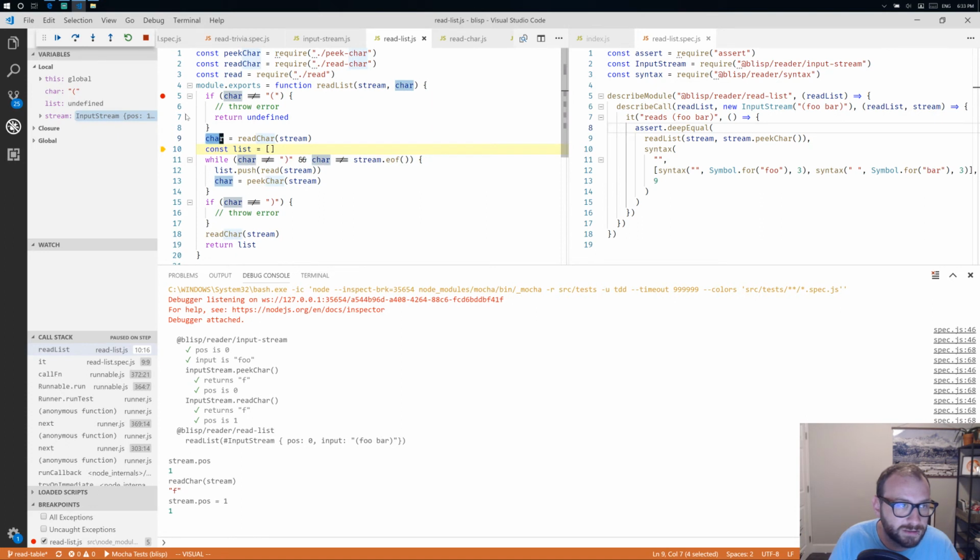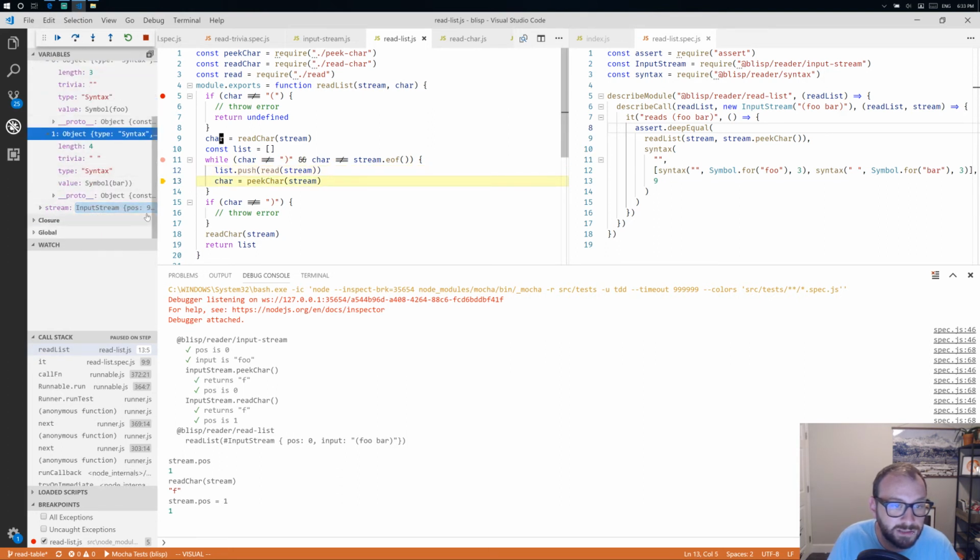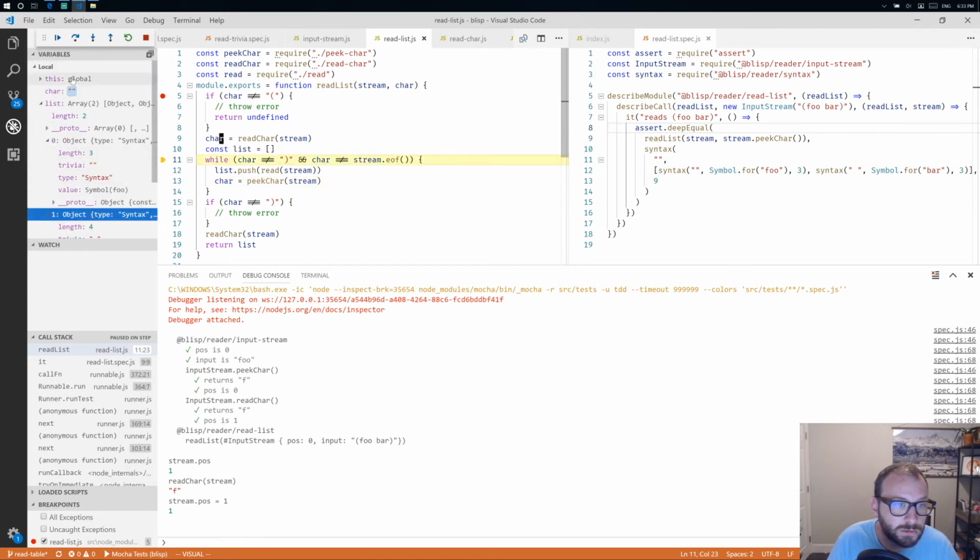Didn't we just assign char? All right, I'm just gonna keep walking here. All right, list. What do we got? Syntax, and we've got a symbol. That's great. Char is a space, and so we will walk, and then we will push another guy, and we have syntax and a space. Let's see, and char is now